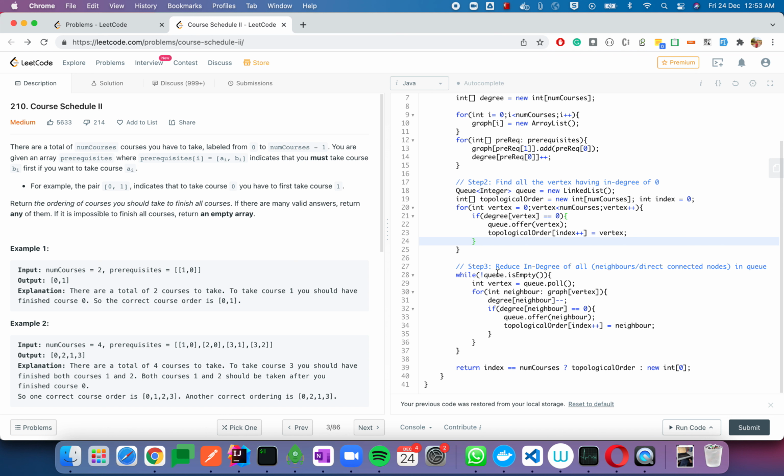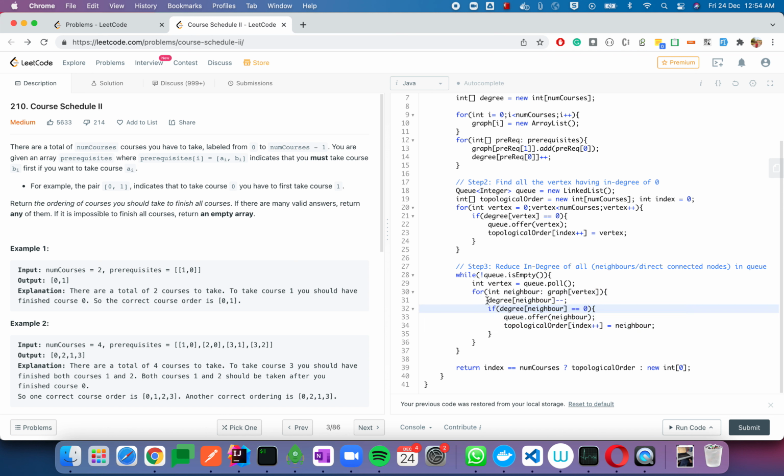This queue will not be empty, because suppose you have a single vertex which has a degree of 0, then you pop that vertex from the queue, you find all the neighbors of that node, and you pick one neighbor, do something on it, and keep doing the same thing for all the neighbors.